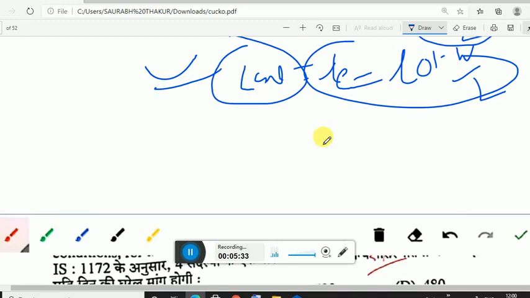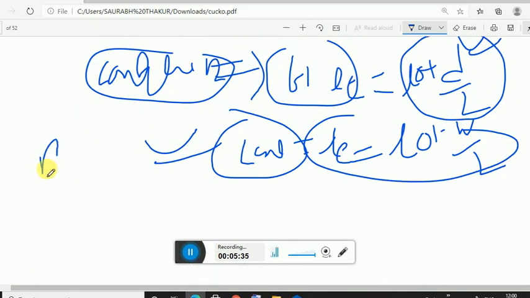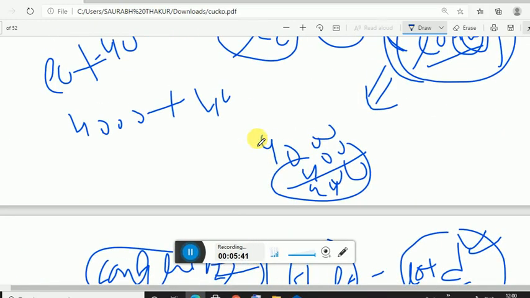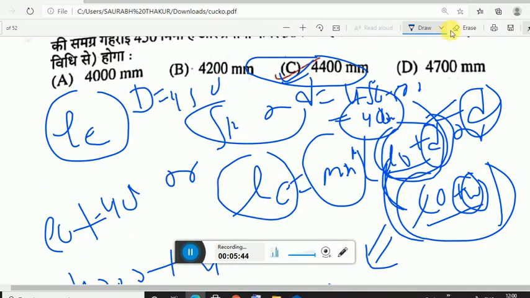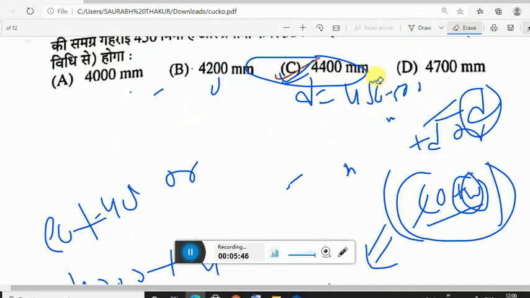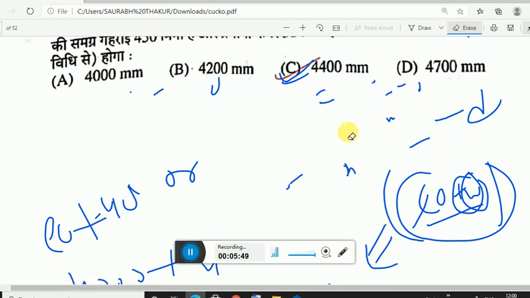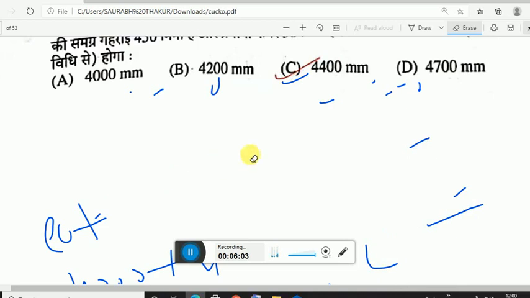Okay, when I would be teaching RCC lecture, RCC topic, then I would be discussing all these things in depth. Okay, simply for the present time, you just have to remember this formula for simply supported beam. L effective equals minimum of L naught plus D and L naught plus W, and for cantilever beam, if it is fixed, then L E equals L naught plus D by 2, continuous end L E equals L naught plus W by 2. So in this question it was being asked about the simply supported beam, and that's why we have used the formula L E equals minimum of L naught plus D and L naught plus W.